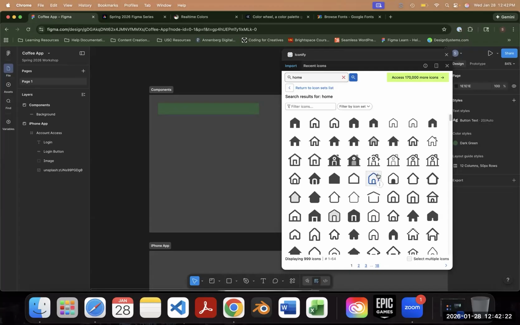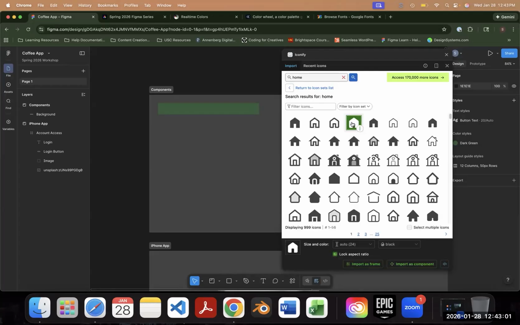The biggest thing with kind of like a best practice in UX design is if you're going to pick a certain type of icon, that when you pick other icons, that they're of the same style. So in this case, right, it's like boxy filled in. If I wanted to pick, let's say, a cart one, I'd want to find a boxy filled in one to kind of keep it consistent. If I want to do one that has like a thin border outline, then I should do that for the other ones as well. I'm going to do this kind of filled in one that has some curved edges here,